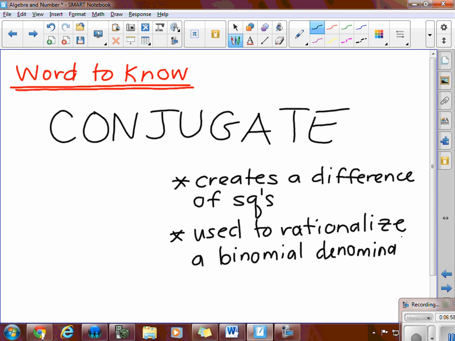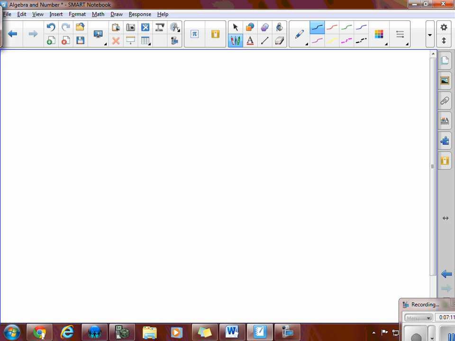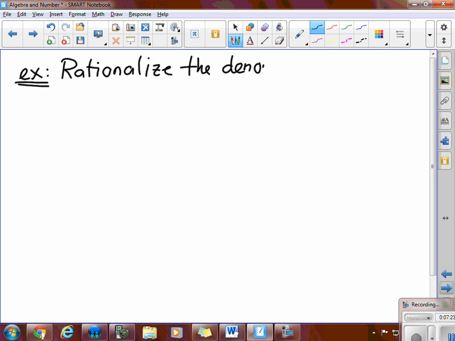So there is a clear distinction between rationalizing a monomial denominator and a binomial denominator. And we're going to look at an example of this one. So here's the example. It's going to say rationalize the denominator. And here's the question. 9 over the square root of 11